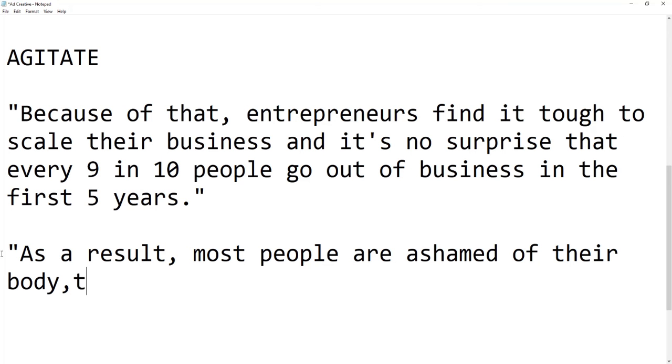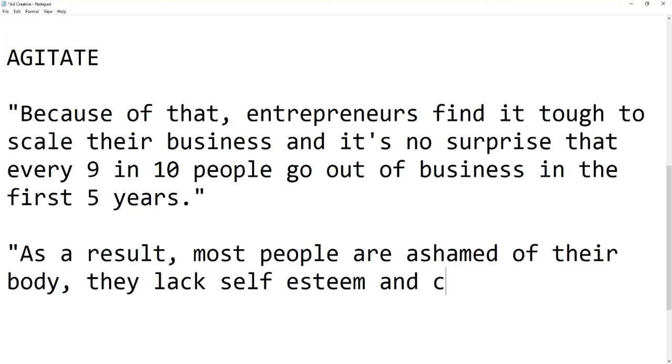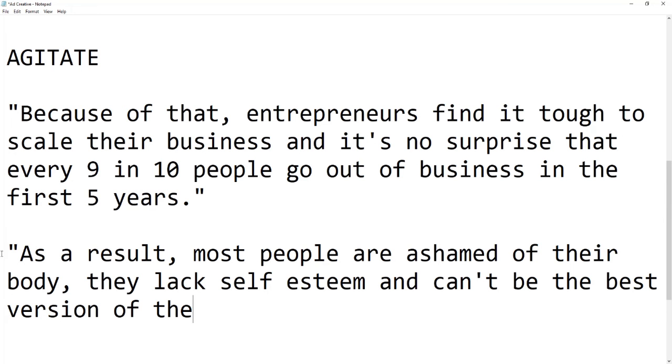They lack self-esteem and can't be the best version of themselves. This is just an example I'm thinking of on the fly right now, but I want you to spend a bit more time to drill in. What are they feeling right now for not solving that problem? It could actually get a little bit deeper than what I'm writing here,